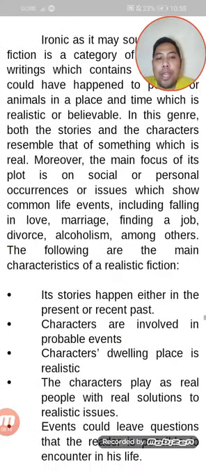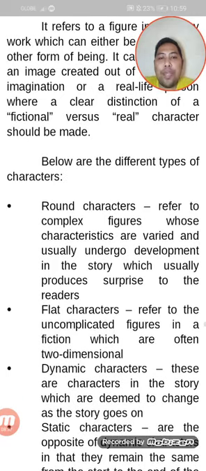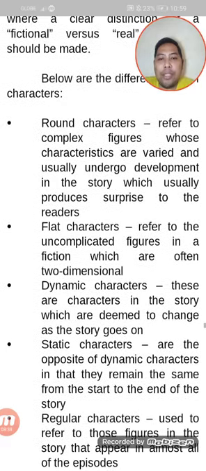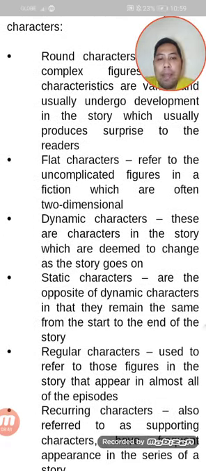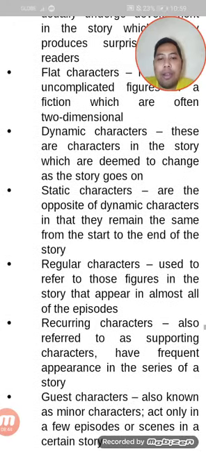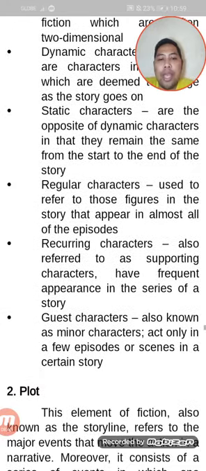We have the character. Okay. The character is considered the life element of the story or the fiction. Okay. Character. It refers to figure of literary works. Fictional versus real characters should be made. Below are the different types of characters: round characters, flat characters, dynamic characters, static characters, regular characters, recurring characters, guest